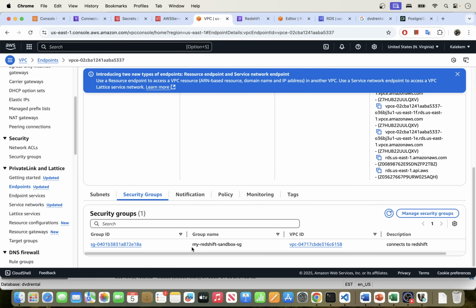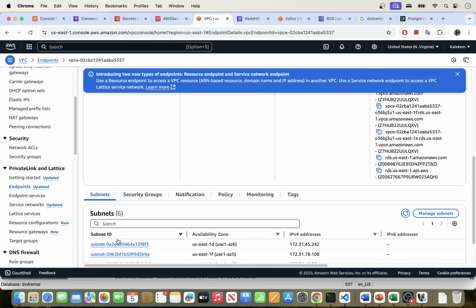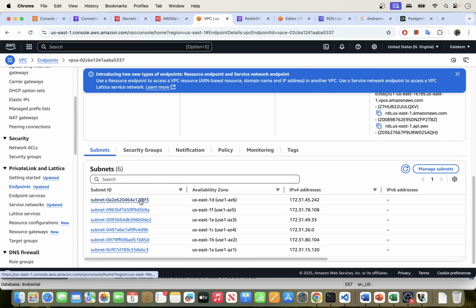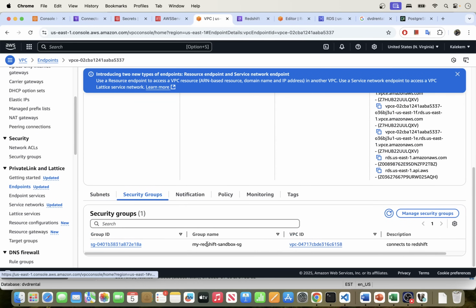So this is very important also. The security group that you choose should be the same one that you're using in Glue. Okay, so I just went ahead and created this, selected all the subnets and associated it with the Redshift security group. So this is the security group that I'm using in Glue. It is the same one I'm using in Redshift, and I'm also using the same for my RDS. And if we go to this